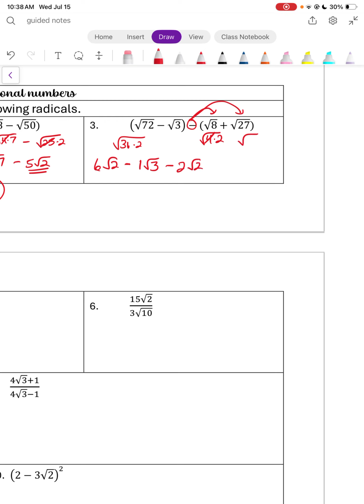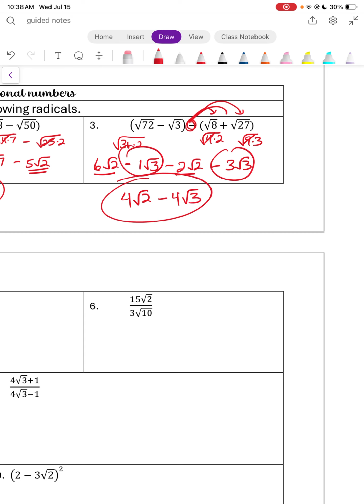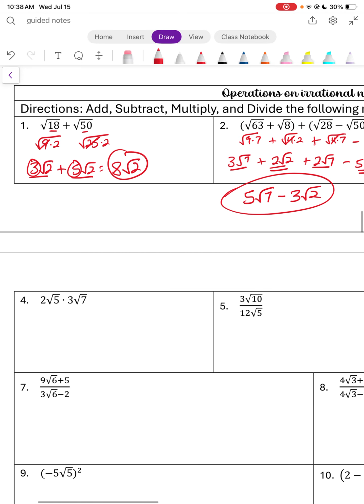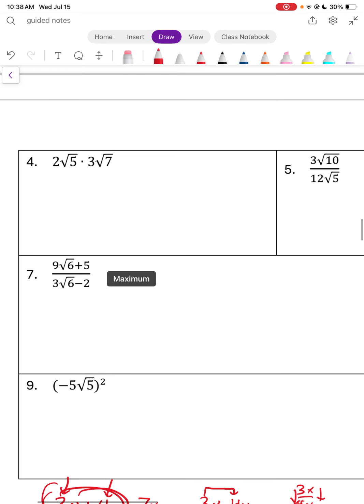Square root of 27 is 9 times 3. We know the square root of 9. It can be brought out front, and it will also get a negative sign from this, so that'd be negative 3 root 3s. Combine the things that are alike. 6 root 2s minus 2 root 2s is a total of 4 root 2s. Negative 1 root 3s, negative 3 root 3s would be negative 4 root 3s. Final answer. Now, even though we can only add and subtract when things are alike, we can multiply and divide